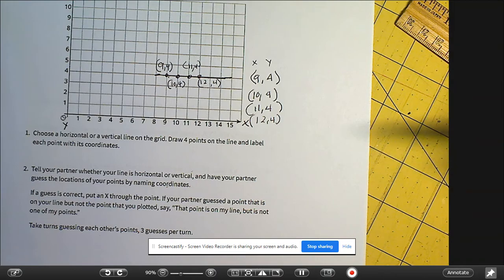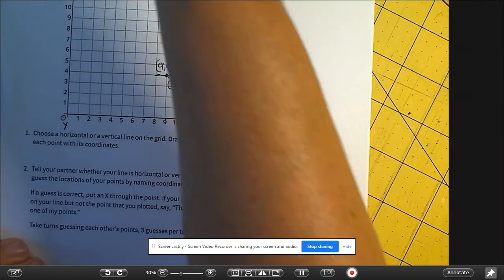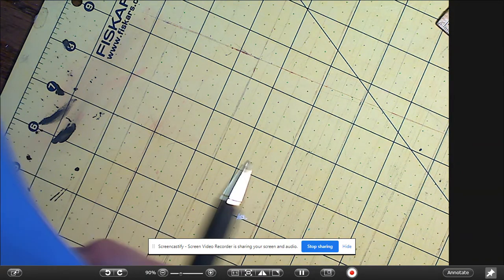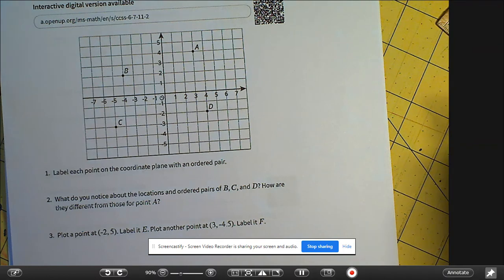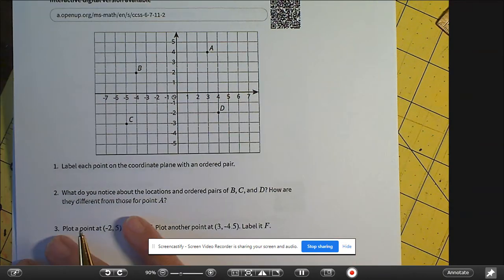Take turns guessing each other's points, and you get 3 guesses per turn. That's kind of fun and something you could do on the phone or over FaceTime. All right, so next we're looking at